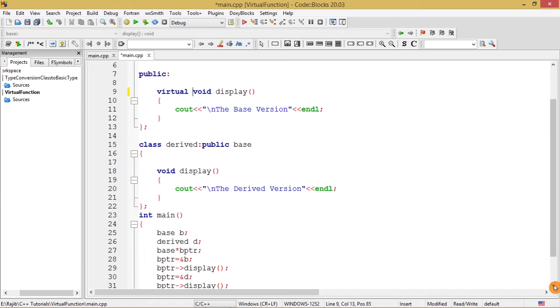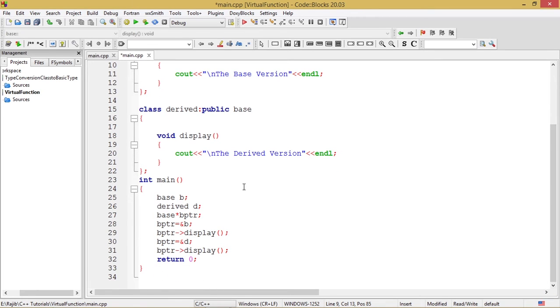After that, we go to the main section and write in this way, base b. What is this base b? It is the object created for the base class. After that, I have also instantiated the derived class by this statement, derived d. After that, base *bptr. So what is this base *bptr?